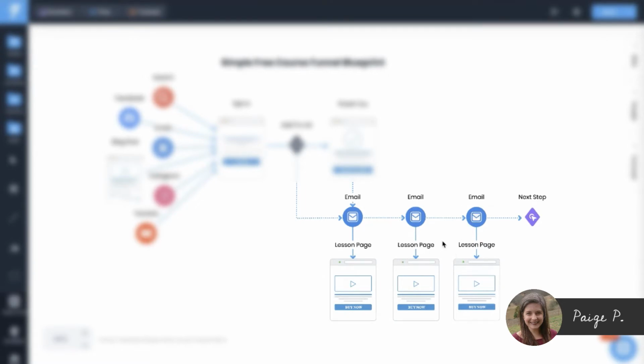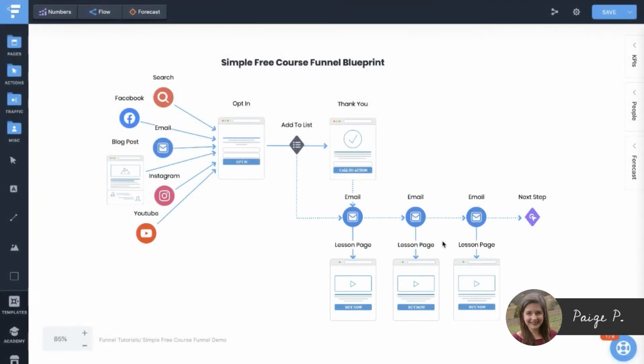So here we're assuming a 3-lesson free course, which is a good amount of emails to help people achieve some small win without sending them too much that will overwhelm them. So at this point, we can talk about your different options for how you deliver your course materials. So you could go with